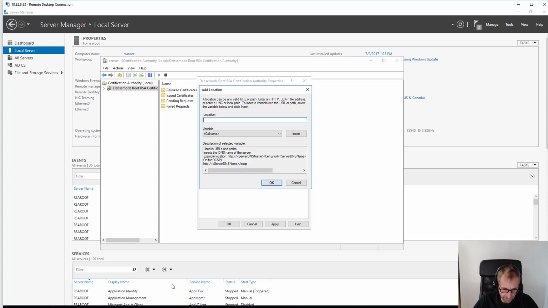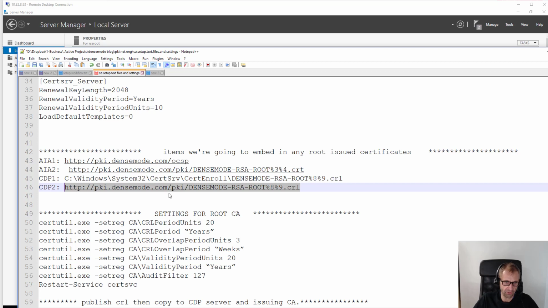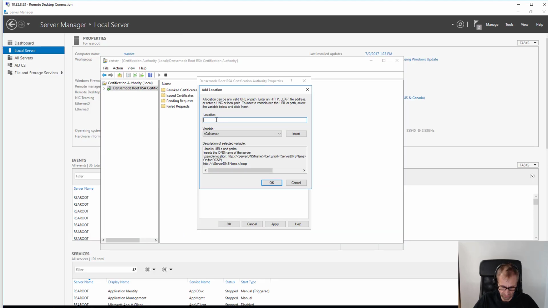And we're going to go ahead and add our own that we sat down and worked out. So the first one is we're going to use an online responder. That's what this is here, OCSP, Online Certificate Status Protocol. This is a little bit more efficient and scalable than the CRLs, because the CRL is like a file that the client has to download and store,